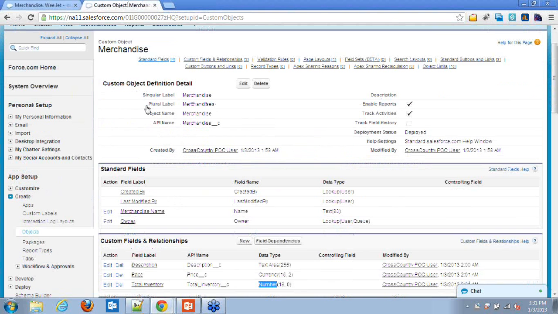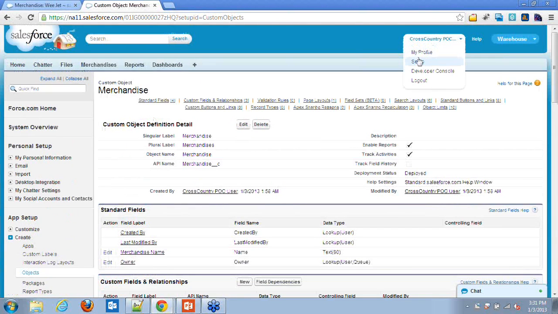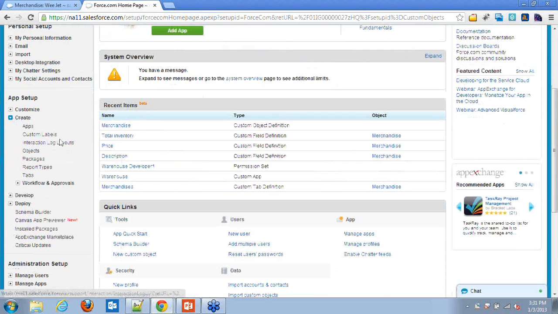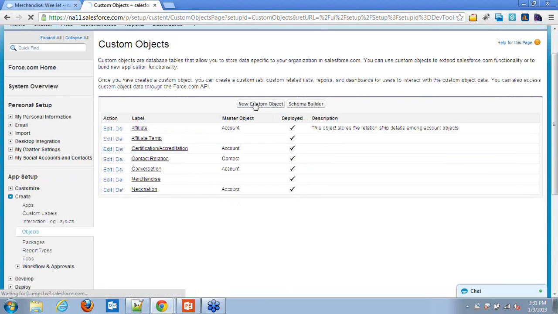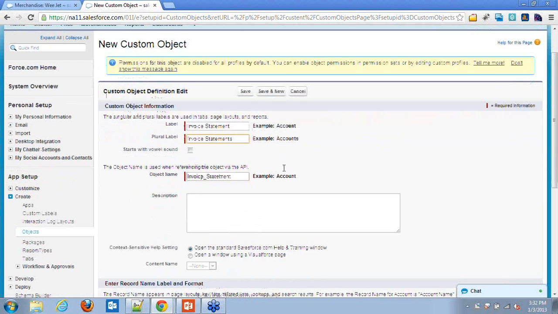Let's create two more objects. And to create these objects, you have to go to setup, then objects, and now new object. Let's create the invoice object. So give the plural label, which will come here.